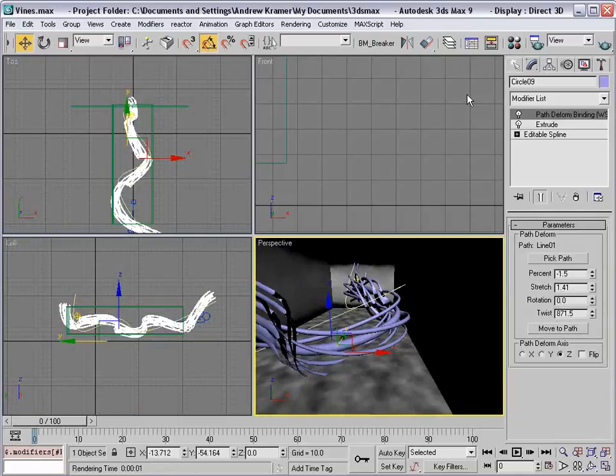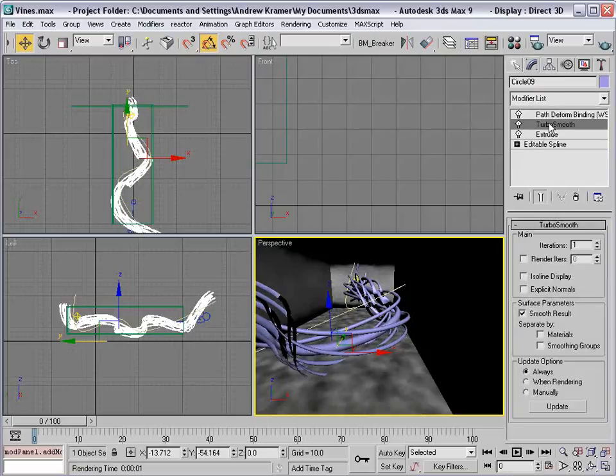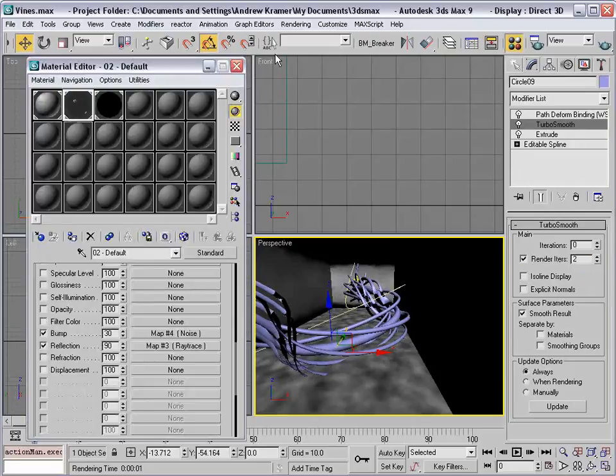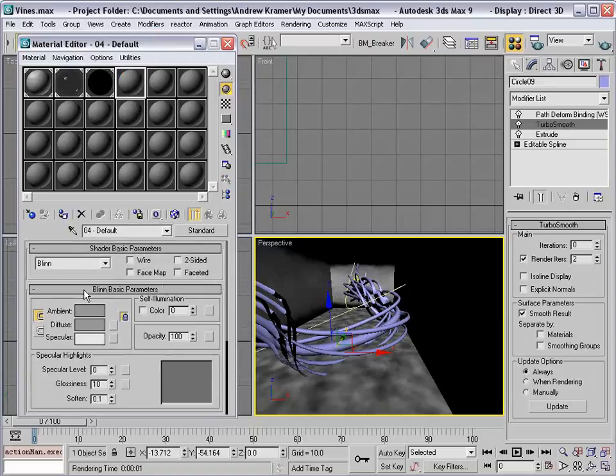Now at this point I do want to add a smooth modifier so that our entire mesh is actually pretty smooth. So I'll go to the stack, and there's one called Turbo Smooth. You may not see it on the list, but it's called Turbo Smooth, and you add that, and we'll turn the render iterations up to 2. So I'm going to go back into the materials by hitting M, and we're going to create a new black material,